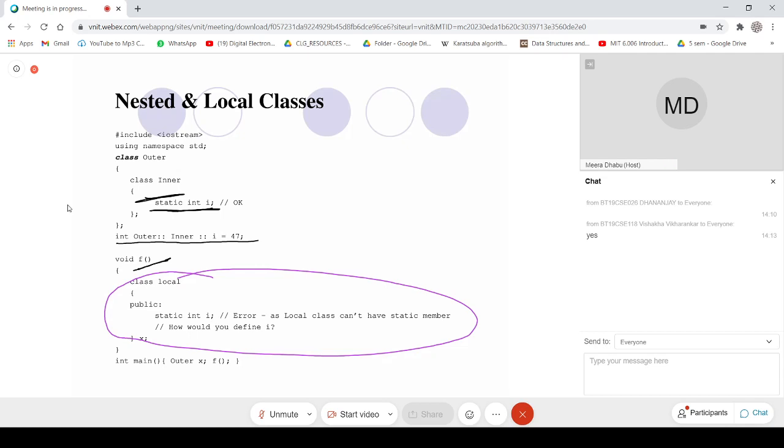The reason is, how will you define the value of I? Here if you look at this, I created an object of the type outer class, and here I invoked this method.